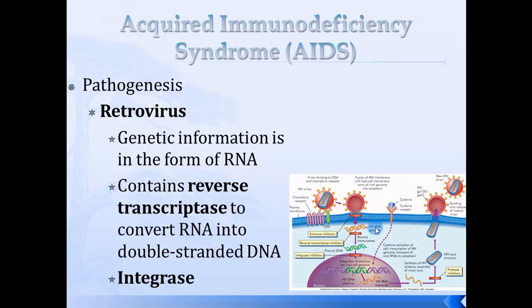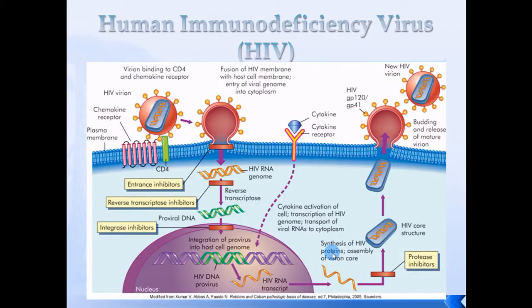It tries to stop reverse transcriptase so it can't write the RNA to DNA. It tries to stop integrase so that it can't actually integrate into your cell's DNA. So here's the big picture. You can look at the process. The next several slides actually go through the process. I'm going to just do it right here and save us a little bit of time, but here you can